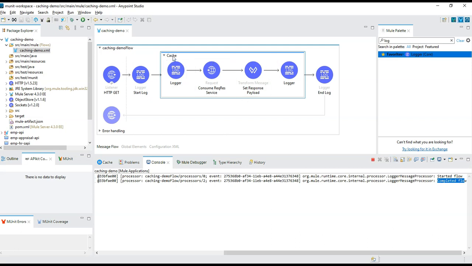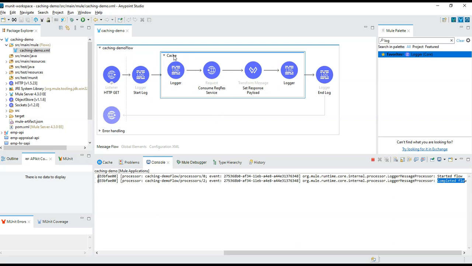What happened? The cache calculated the request key before the request, then stored the response payload as the value for that key in the cache. The next time, when the request was made, it generated the key using the same algorithm and checked whether the key exists in the cache. Yes, it exists. Then it responded back with the existing response, so it avoided making the call.